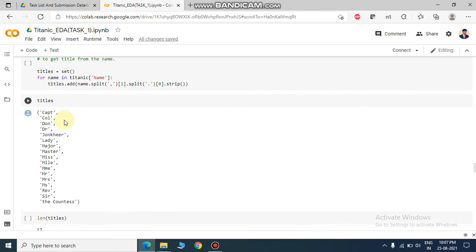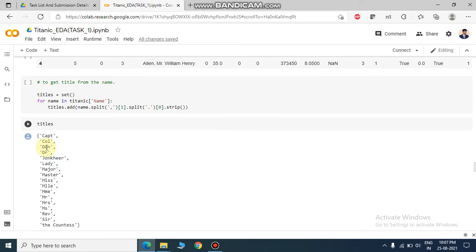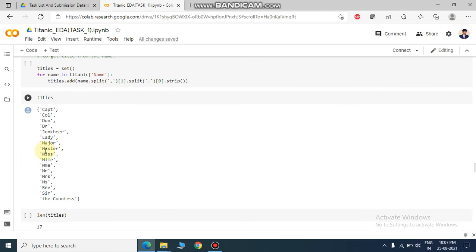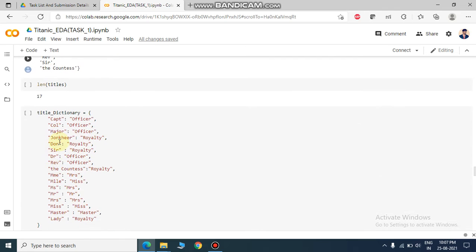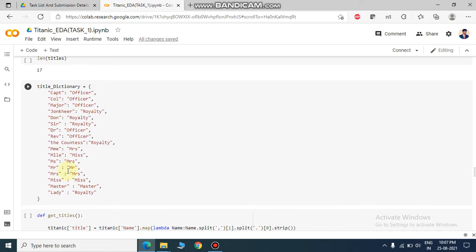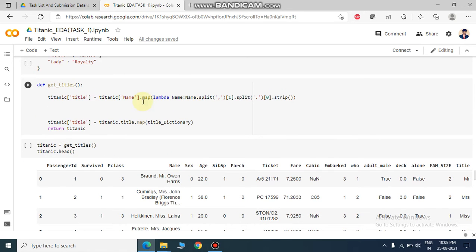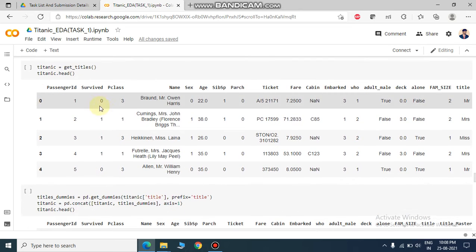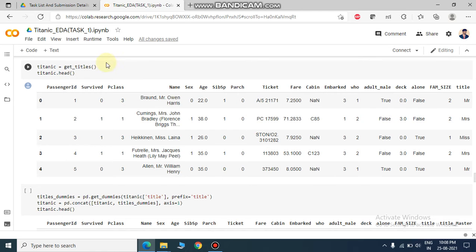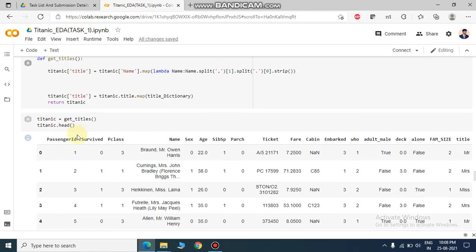Here we are adding titles, such as who was the captain, who was the master, lady, or something like that. So we are adding the titles here. We have entered these in a map so that we can map them easily. And here we are mapping using the map function and lambda. Lambda creates a one-line function, and we can directly map it via lambda. So here we can get the dataset, or the output of the functions we have applied.